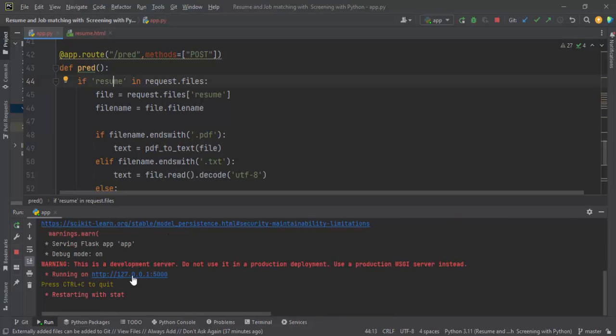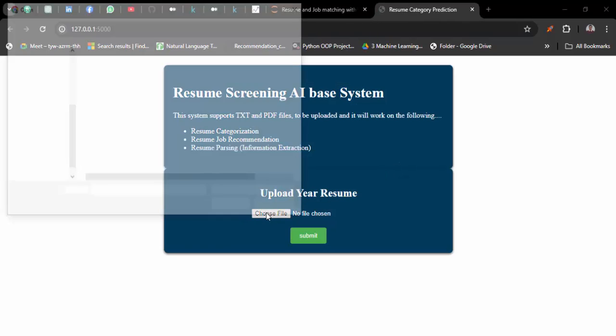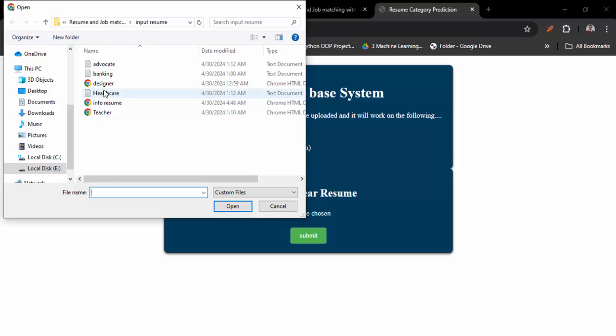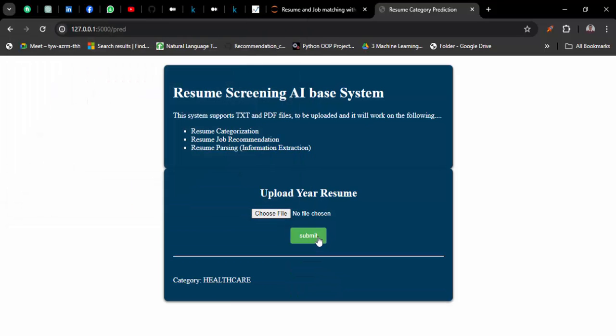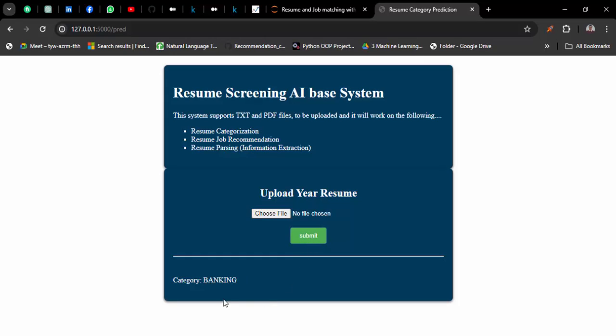Let's click on URL. So choose file, healthcare, submit. We are getting category healthcare. Let me try another resume, banking category. So it means that our model is working and our designing is perfect, but we can also make it